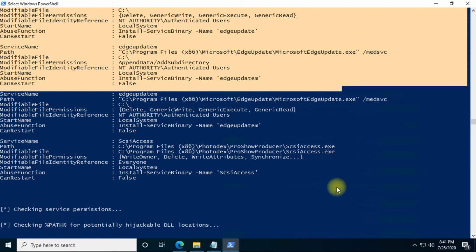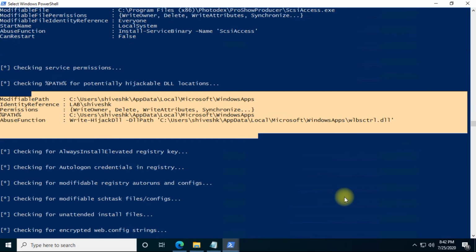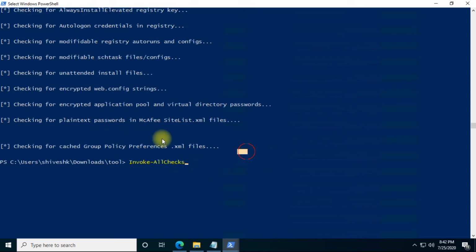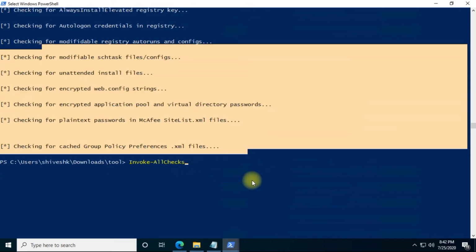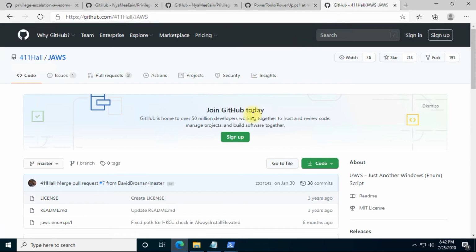Now I'll go for the last, which is JAWS. JAWS is also an automation tool in which we get a maximum output, similar to WinPEAS. I have already run that. This is the one I have run for JAWS.